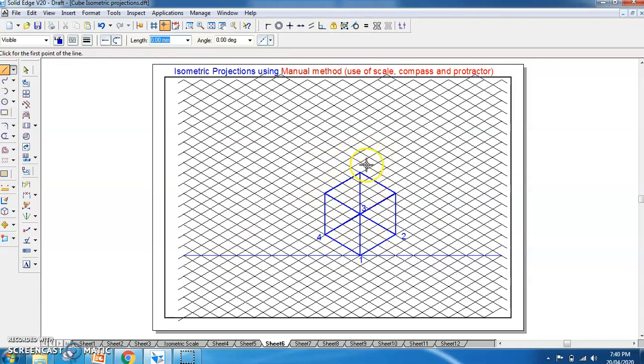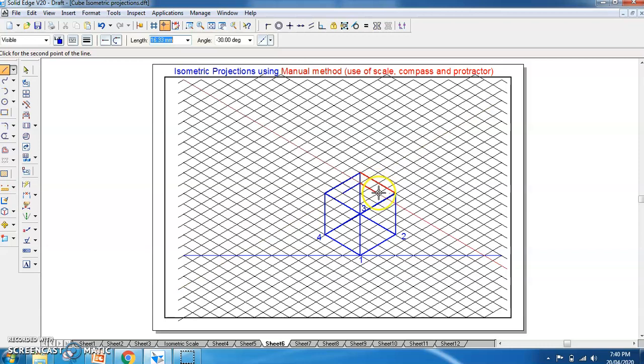Now over this you have to draw one more cube which has a dimension of 20 mm. See here, this top cube is of 40. To make it 20, placed centrally, you have to leave 10 mm here, 10 mm here, 10 mm here, 10 mm here. So if you start leaving, see I have left 10 mm here, and 10 mm here. From this point I can draw a line which is 20 mm.